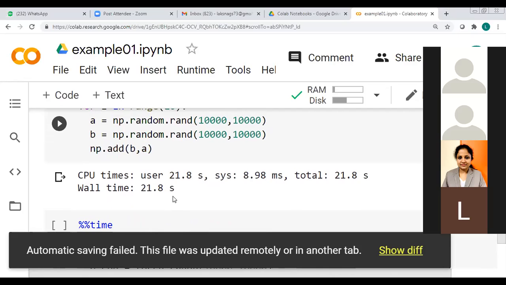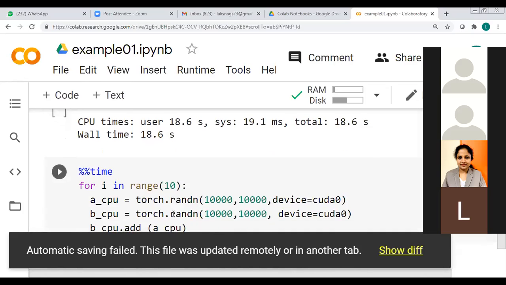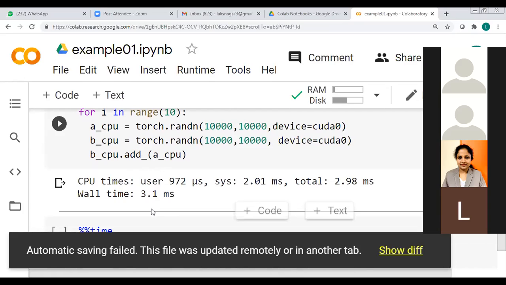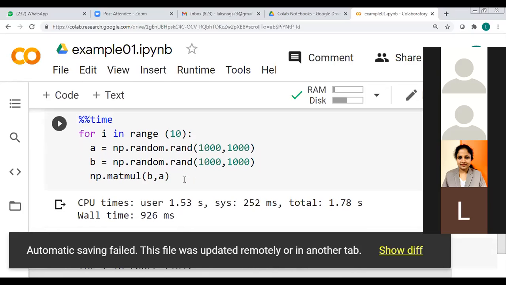The numpy array takes 21.8 seconds. When you use a tensor on the CPU, there is not much difference, it is 8.6 seconds. But when you use the same tensor on the GPU, it takes milliseconds, which is very little compared to the other two values. This is for a simple calculation of addition. If you have a matrix multiplication of large values,